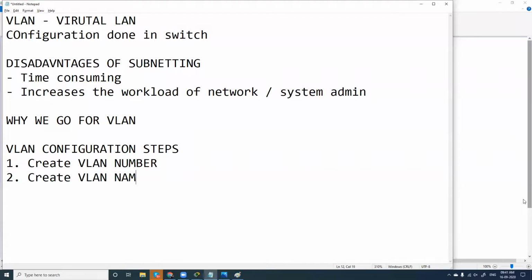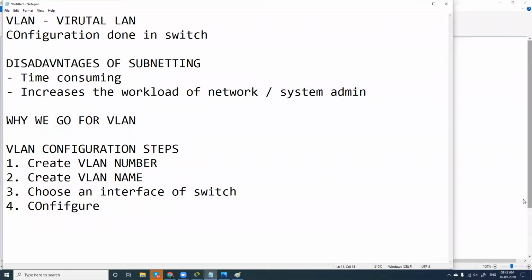I'll tell you what the VLAN number and VLAN name are. The third step is to choose an interface of a switch. We have to choose an interface of a switch. Then we have to configure the interface.